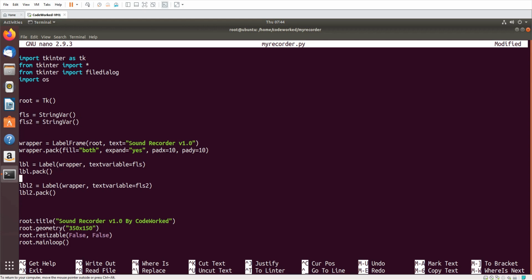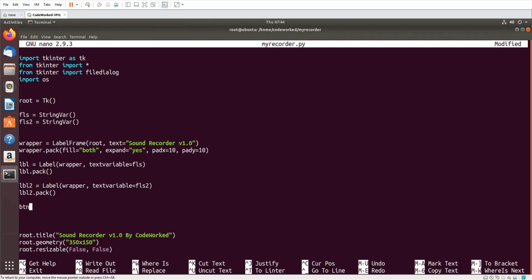Okay, now let's add two buttons. Wrapper, here I will use text, record, and command will be start record.